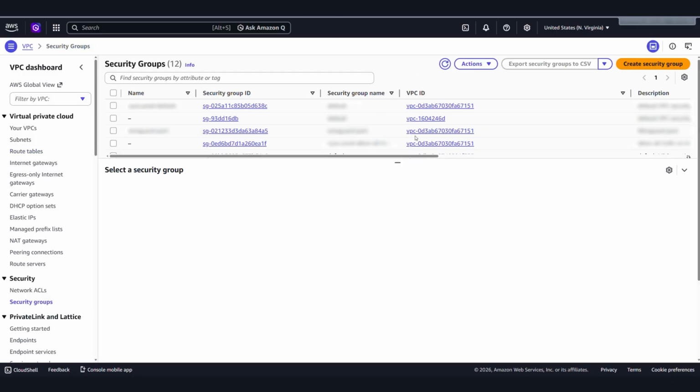Step 5. Create the security group. Your firewall, your rules, SSH for you, internal traffic for the VPC,